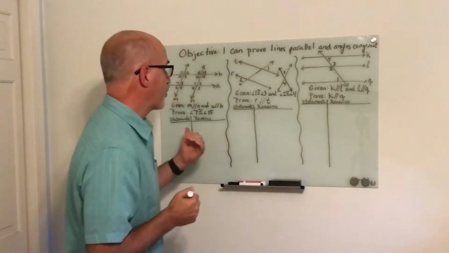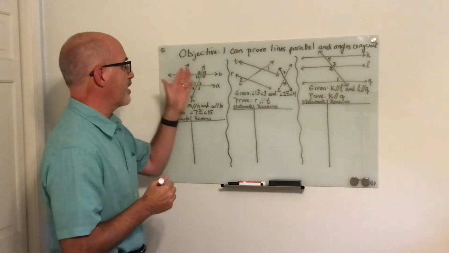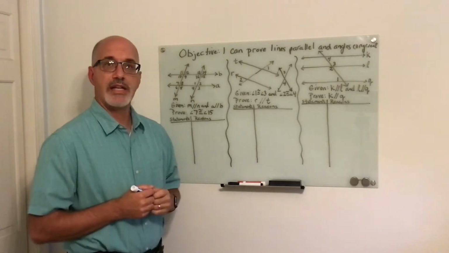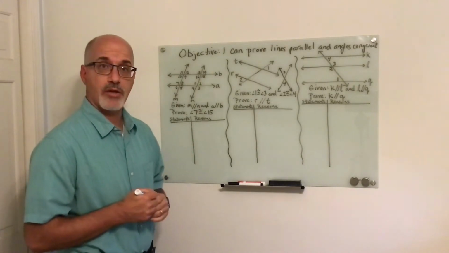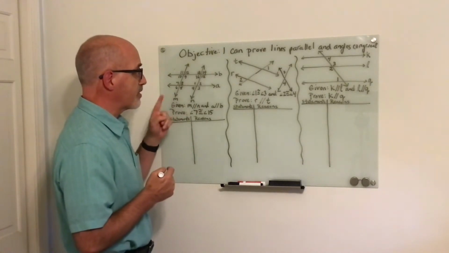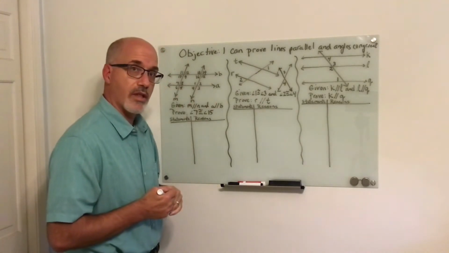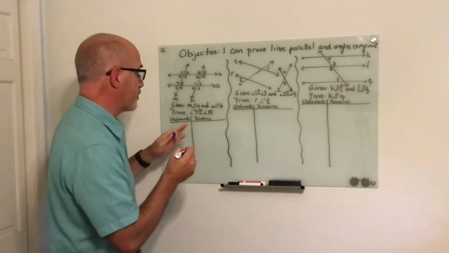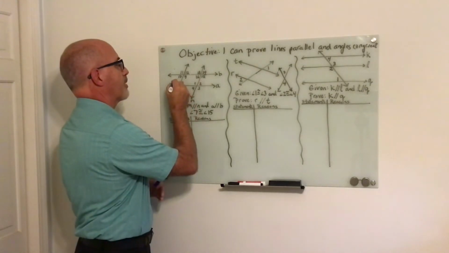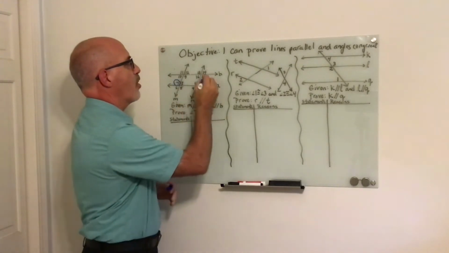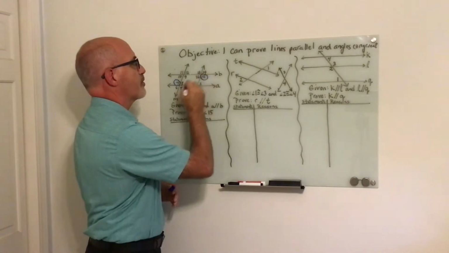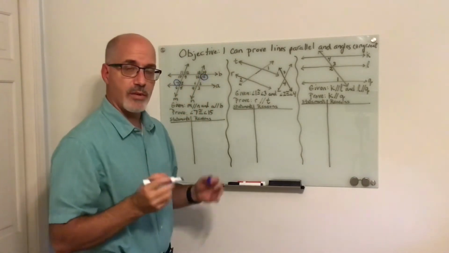So this first proof, it has all these angles listed. Sometimes this is called a hashtag proof or maybe a tic-tac-toe proof. What I like to do on this is to focus on when these lines are parallel and the transversals are parallel, what is my ultimate goal by circling it? I'm going to go from 7 over to 15 to prove those angles are congruent if the original lines are